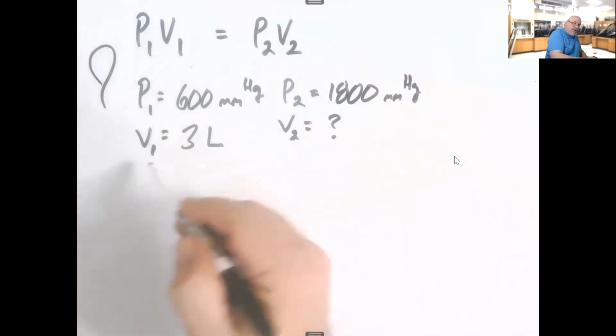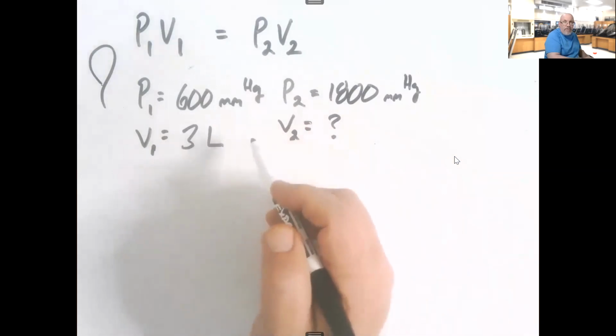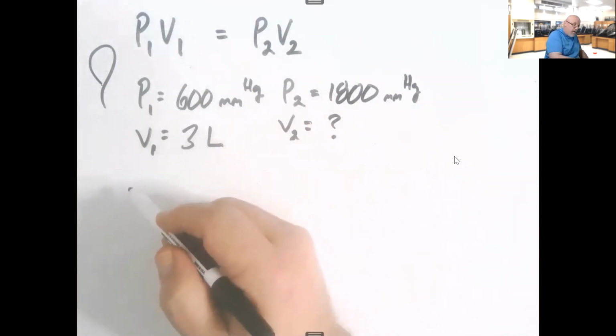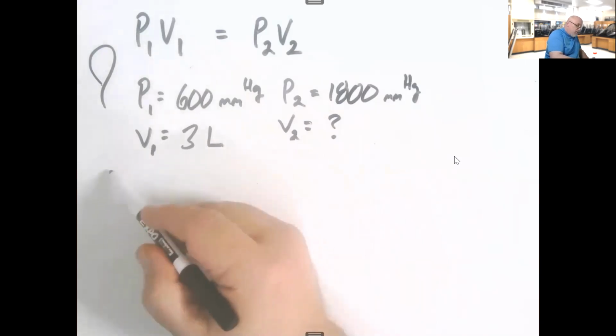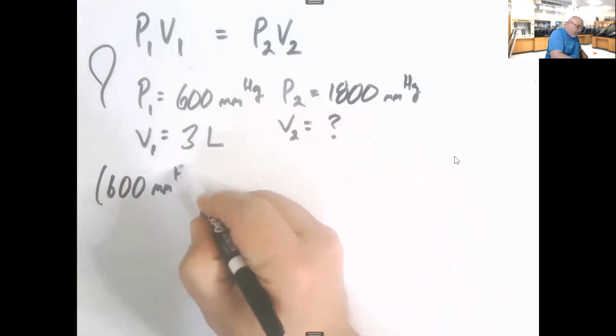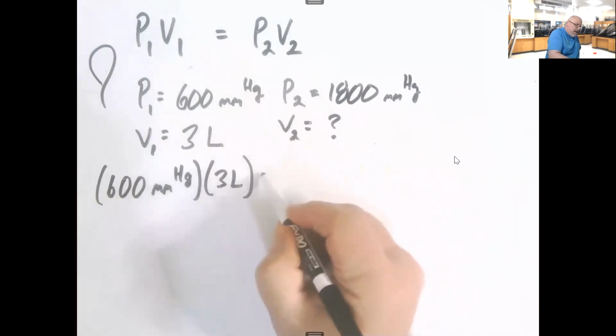Okay, so that's what we do. We always write out our variables. All these problems will always have 3 variables given. You write them out, and then we're solving for the 4th variable, whatever it is, wherever it is. Okay, so P1 is 600 millimeters of mercury. And we multiply that times 3 liters. So that's